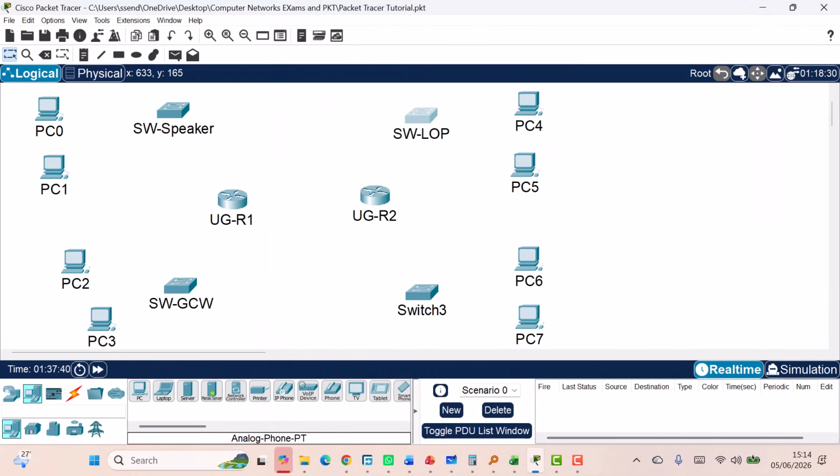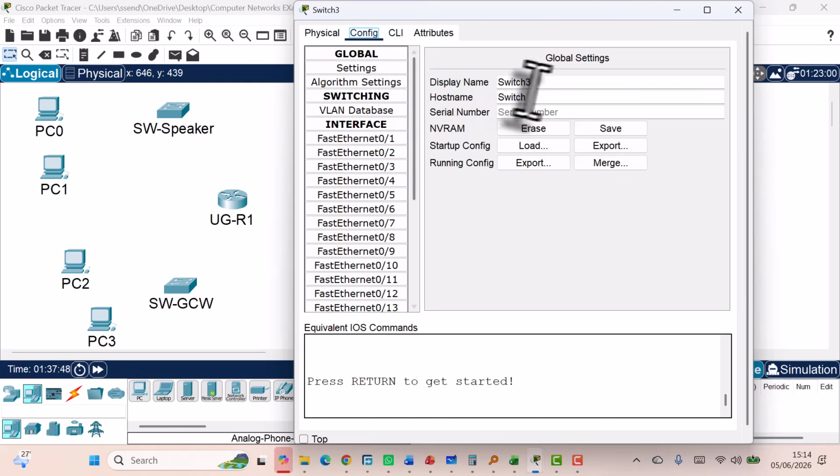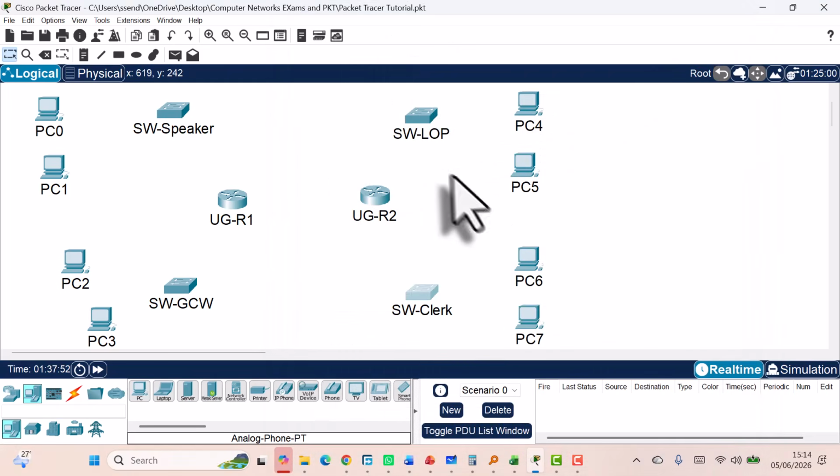If it is uppercase, use uppercase. If it is lowercase, use lowercase. It's good network practice to maintain the same standard across. So come to the configuration tab, give my display name and my host name, and I am done with that particular part. All right. So now I have my computers connected there,